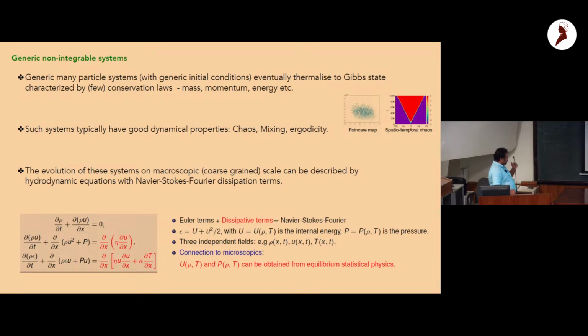So for a one-dimensional fluid, here I write the hydrodynamic equations. These are written in terms of three independent fields: density, momentum, and temperature or internal energy. So the red terms are dissipative terms. These are Navier-Stokes terms. Without that, the rest of the terms correspond to Euler equations. And the connections to microscopics are through this internal energy and the pressure, which comes from the equilibrium statistical physics. That actually gives this pressure term here. Okay, so this is a kind of a description that actually is valid for non-integrable systems, but the scenario is